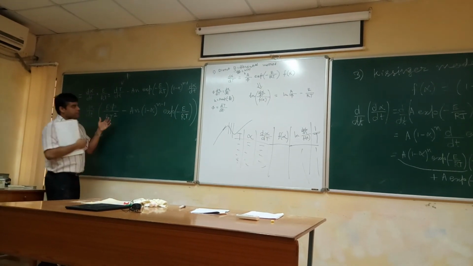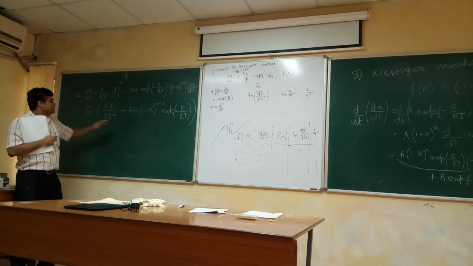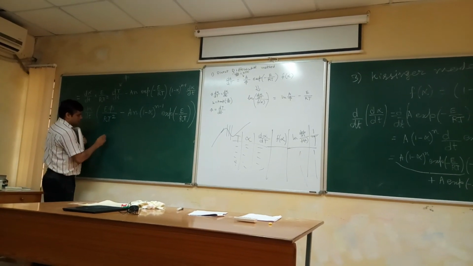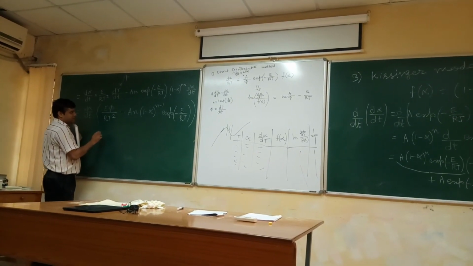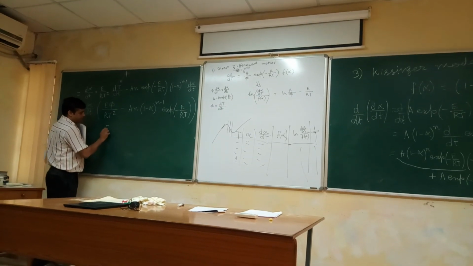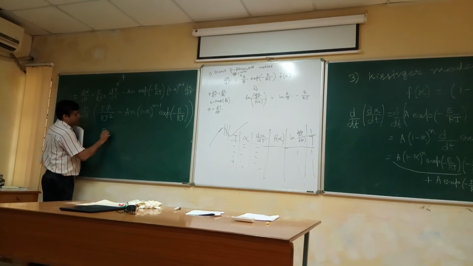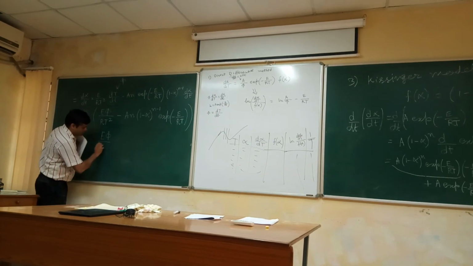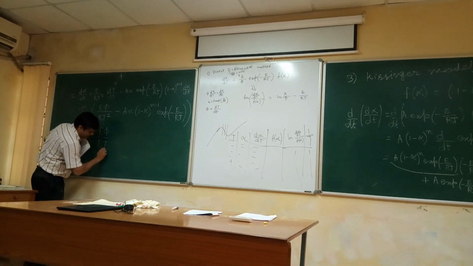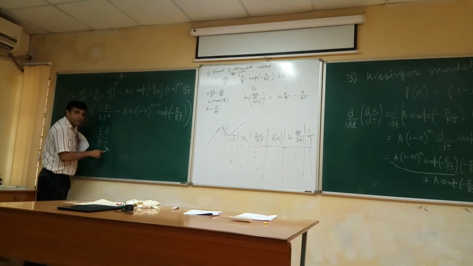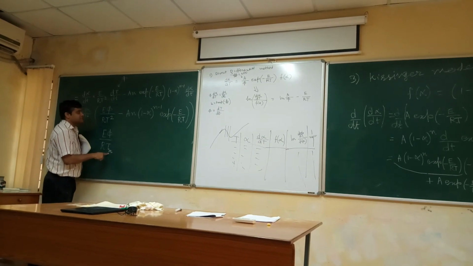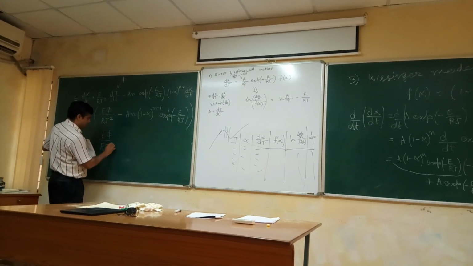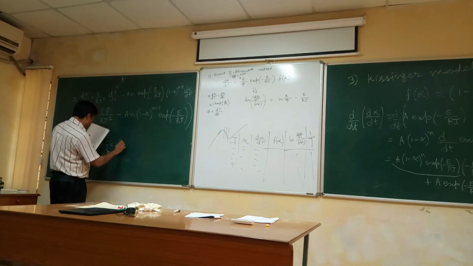So if you make it 0, your reaction rate will be maximum, or say Tm is that temperature where reaction rate is maximum, which should be equal to